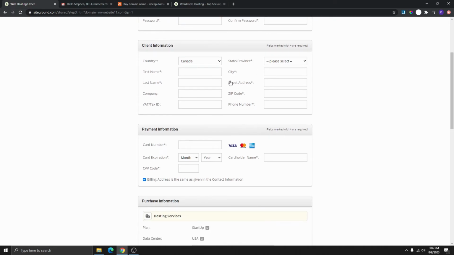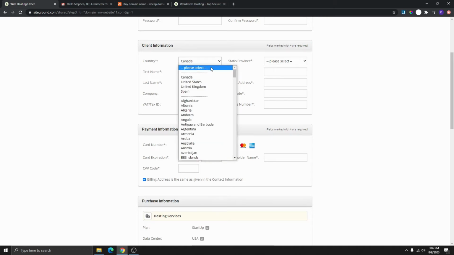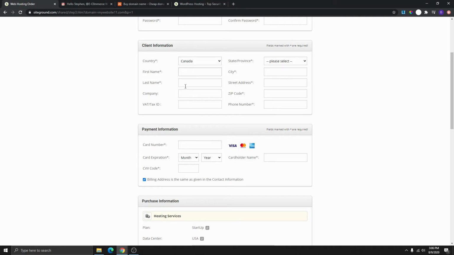And then if you scroll down here, you're going to see that your country will be automatically selected. But if it's not selected, you can click on this arrow right here and select your country. And then put your name here, your last name. If you have a company name, you can put it here. If you have a tax ID, you can put it here, but if you don't have one, just leave this blank. It doesn't really matter. And then you can select your state or province over here. So I'm in BC, so I'm going to select British Columbia, and you can put your city, and then you can put your address, and then you can put your postal code or zip code here, put your phone number,